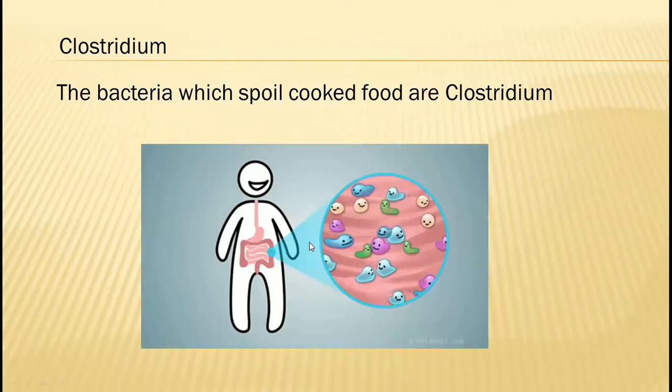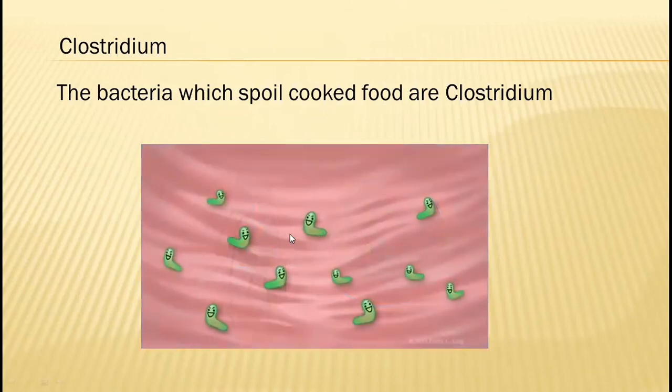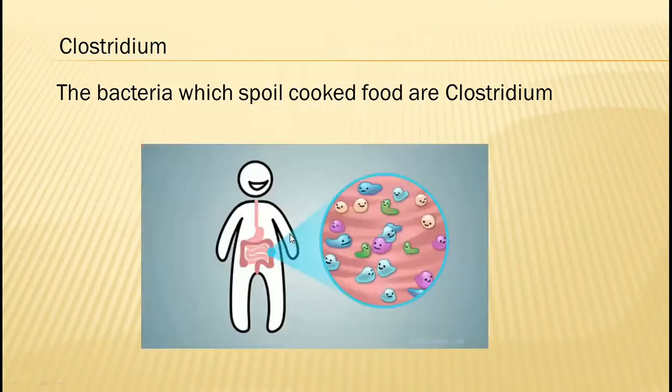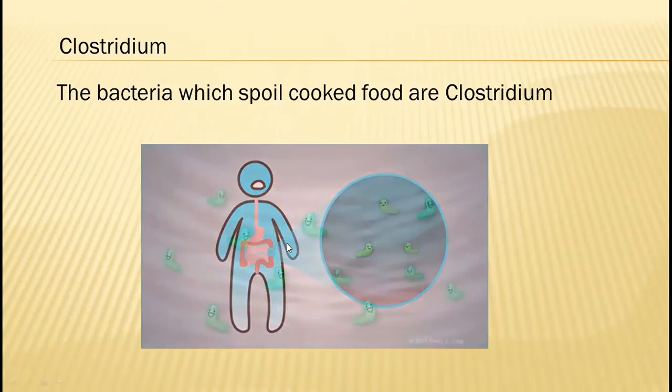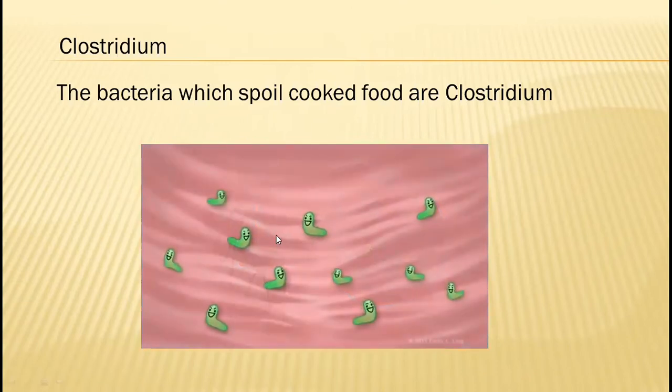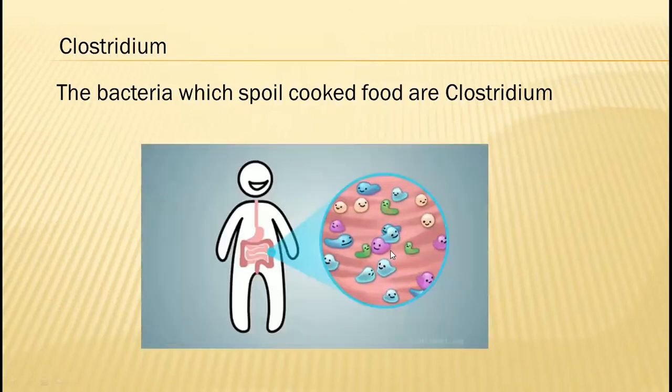Then how is it suddenly poisonous? Because the bacteria which spoil cooked food are called Clostridium. Out of these Clostridium, among the thousands of different species of bacteria, some live freely, some live in soil, and some live in the alimentary canals of humans and other animals. These bacteria are rod shaped and produce bottle shaped endospores.